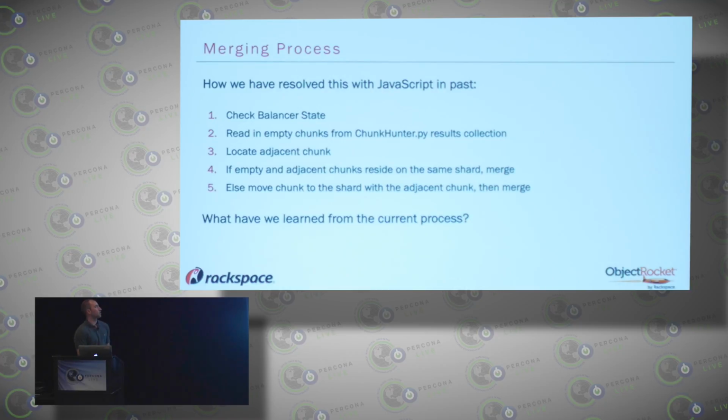Also, relying on Chunk Hunter wasn't an efficient way to handle this. Running Chunk Hunter and then running the merge process in that fashion just wasn't efficient. It was taking too much time. So the idea behind this is to actually create another Python tool, like we did with the other utilities, and then utilize the config.chunks collection